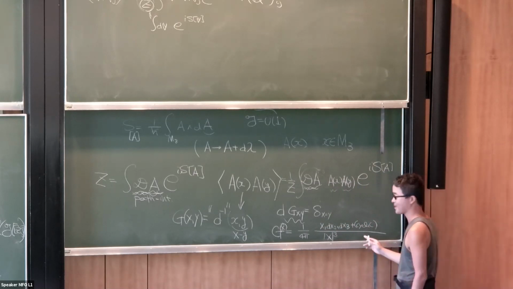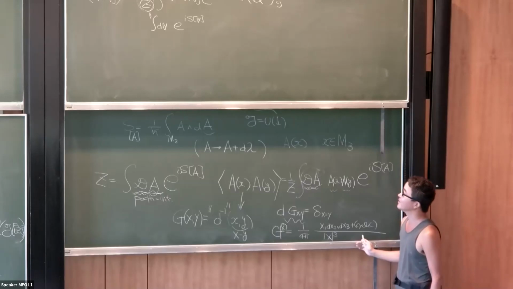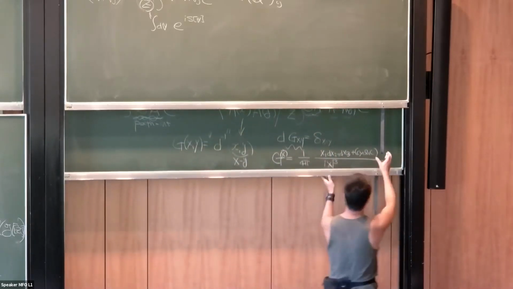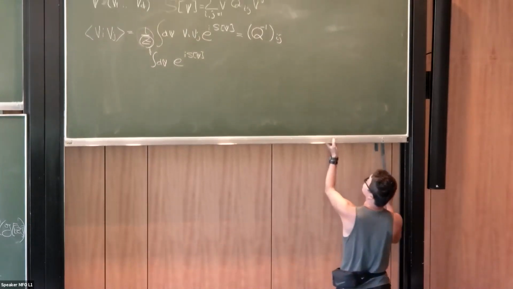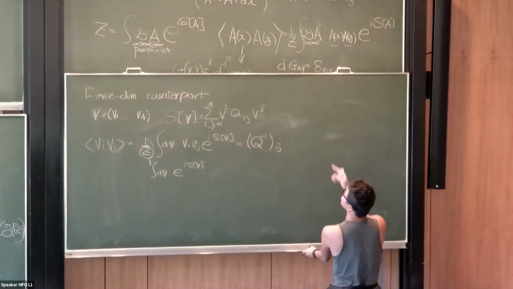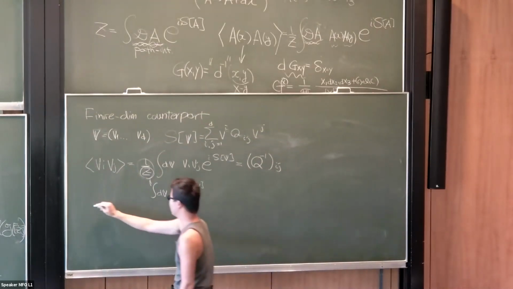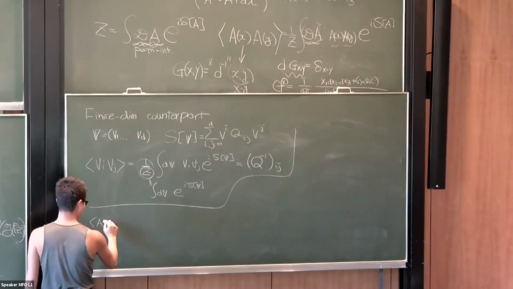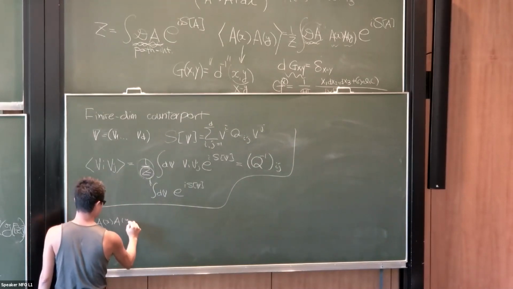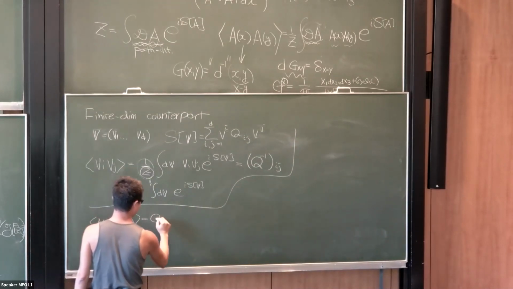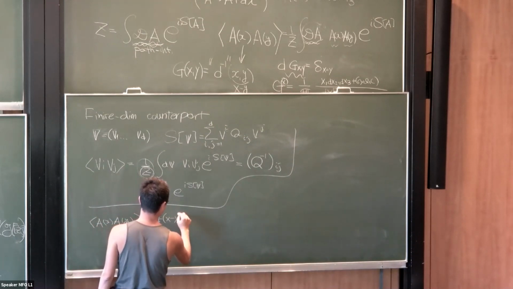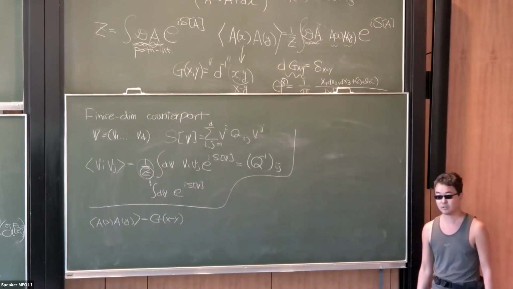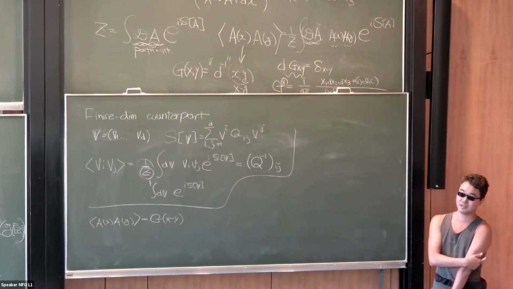And I write this because I'm going to come to very similar things. So this is just the propagator 2-form, and now you already know what this is for the first integral. So that means the correlator of A(x) and A(y) is this propagator 2-form, and that's written there. So this is the object.